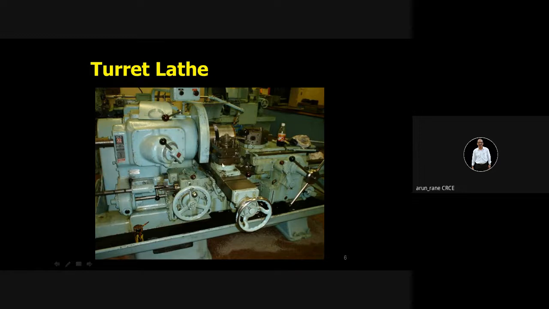Then this is the front tool post, and this is a four-way tool post. Means you can mount 4 tools. Like this, we have a rear tool post, which is hidden because there is a component workpiece.